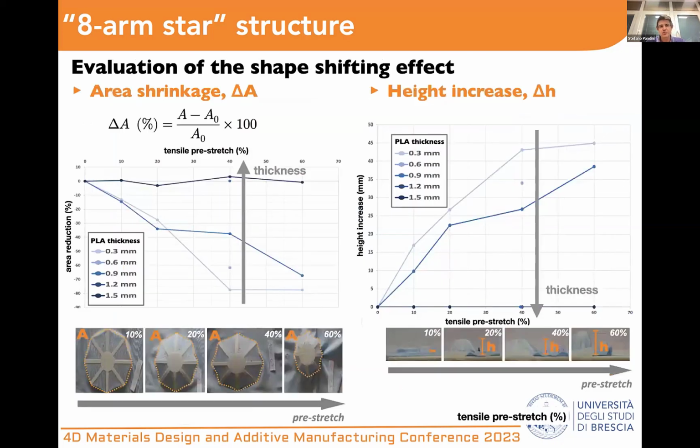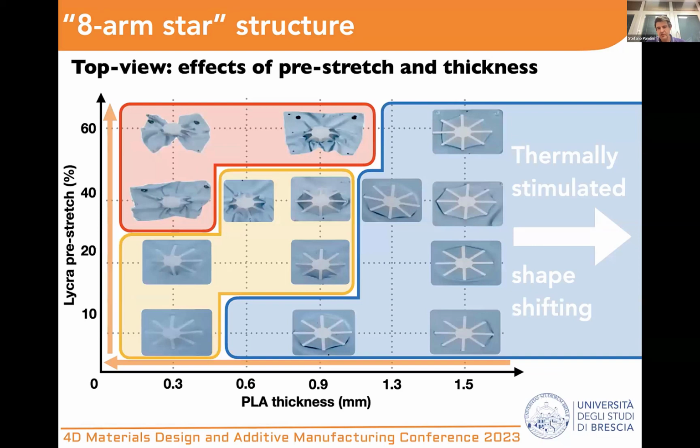We also try to evaluate the curvature by measuring the change in the overall projected area of the dome and the height of the dome as a function of the pre-stretch, and find a regular dependence for each value of thickness. Only in the case of the thickest system, the curvature was completely hindered. However, for this system, or for even higher thicknesses, it was still possible to activate the transformation in a curved